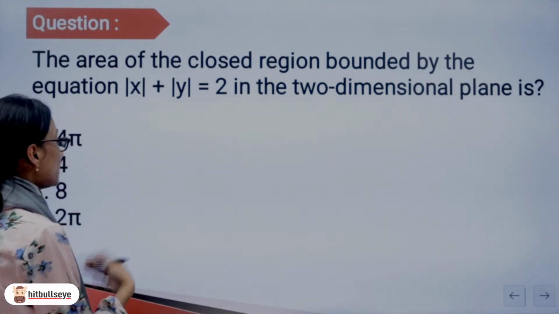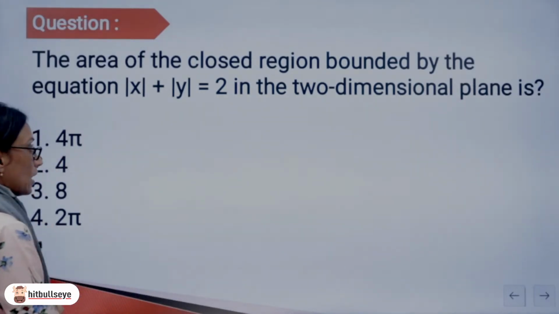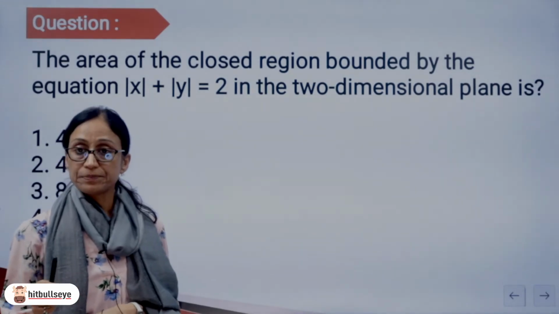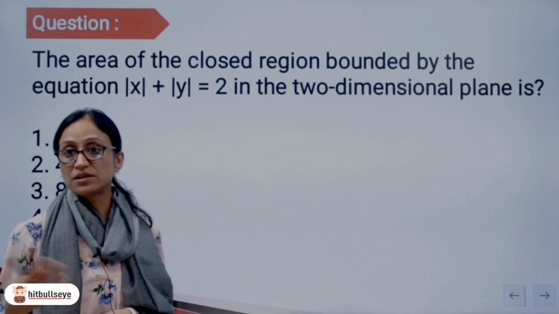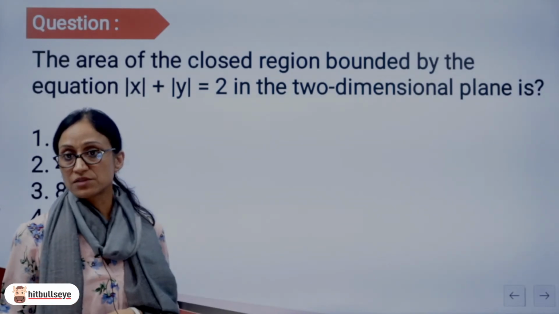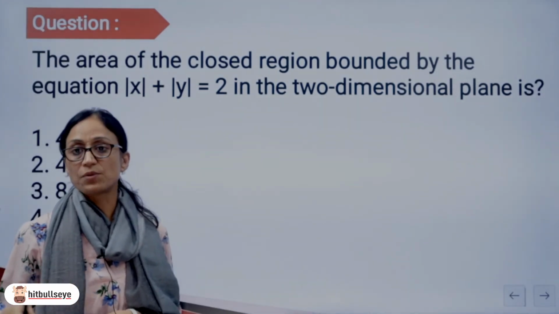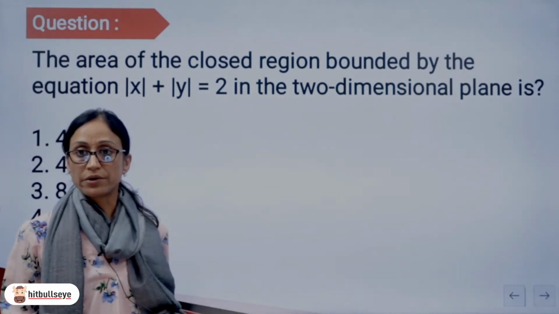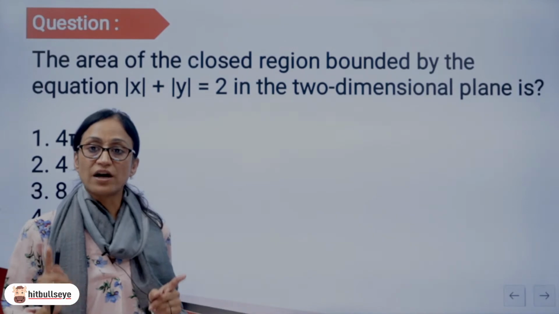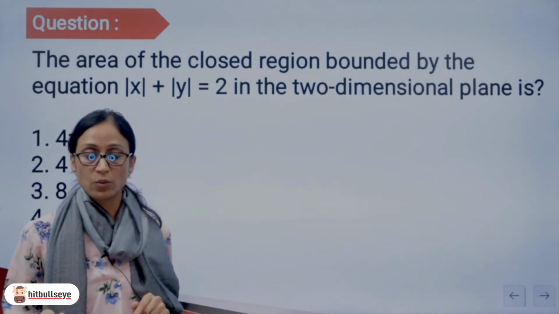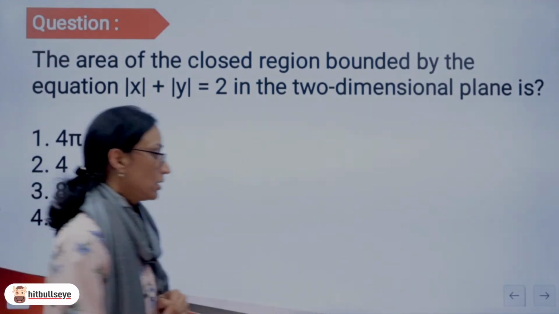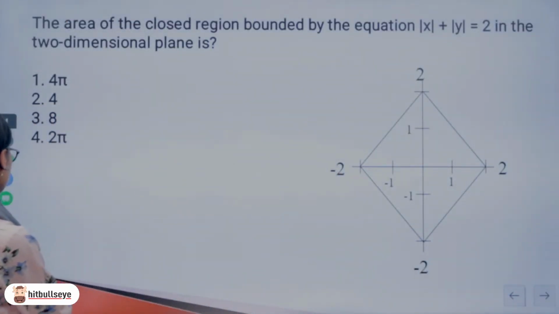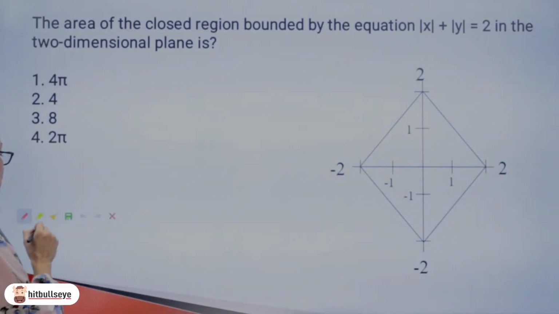So the 4 possibilities that get created here are x plus y equal to 2, a line getting represented. Similarly, the other versions are going to be minus x plus y equal to 2, or x minus y equal to 2, or minus x minus y equal to 2. Now these 4 lines are not necessarily to be plotted. With just the understanding of the one line where both are positive, we can have an idea of how to solve the question. So if we just understand that the line that is representing x plus y equal to 2